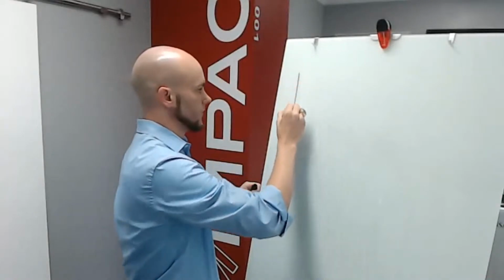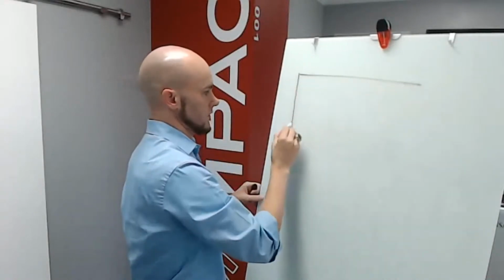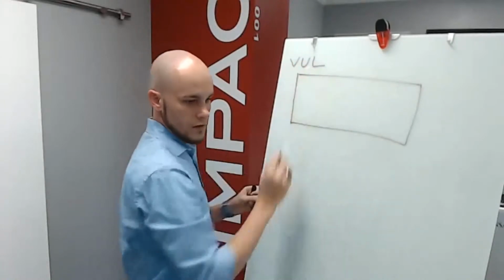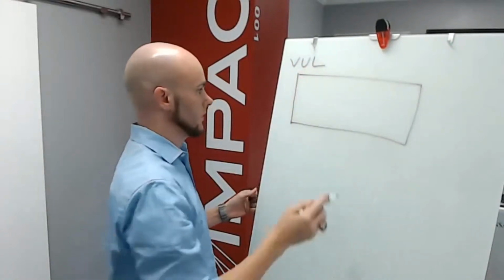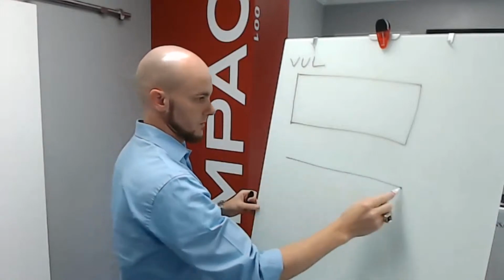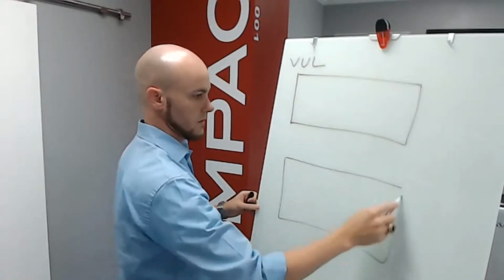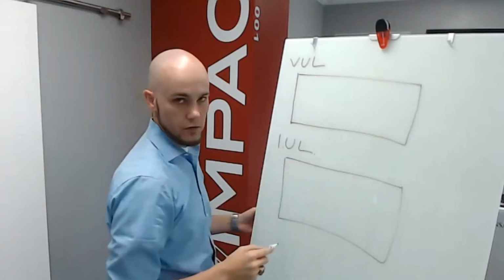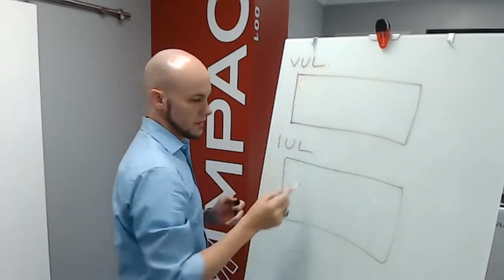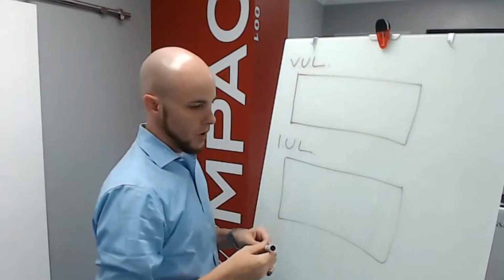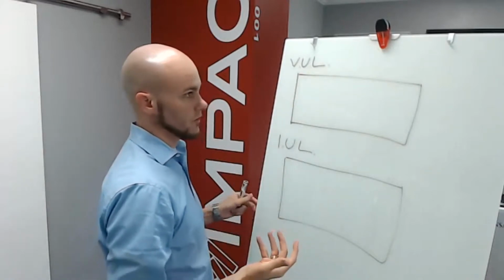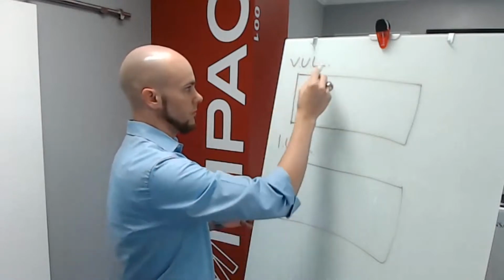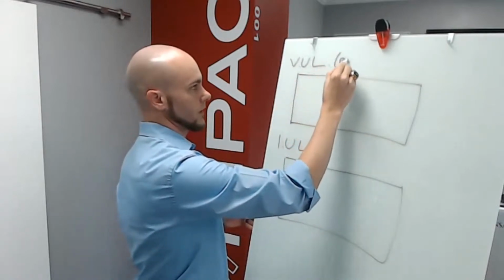The first one is called variable universal life, or VUL. And then the second one we're going to talk about is IUL, which stands for indexed universal life. Variable universal life and indexed universal life, both, if you rewatch episode 2, both are what are called permanent